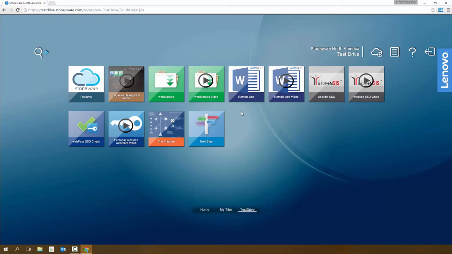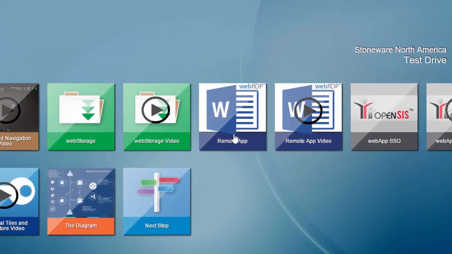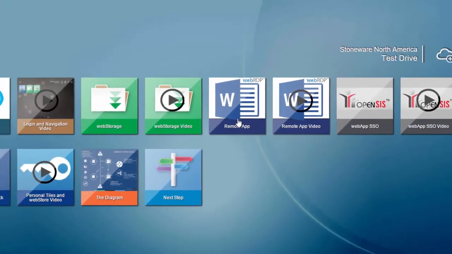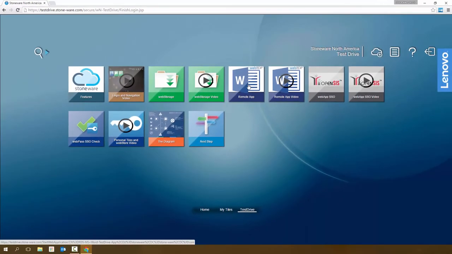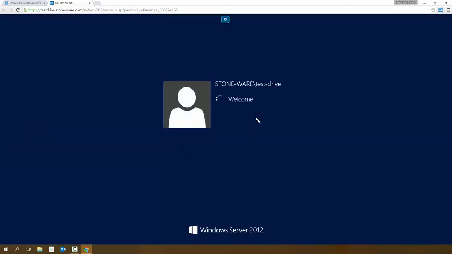application. So what we have built into this unified workspace is a completely web-based RDP client that we call Web RDP, all based on HTML5, so it will work across all devices and browsers. And this tile right here, located in the test drive menu, demonstrates that. By using that HTML5 client to connect to a Windows server located in the data center that's running remote desktop services,